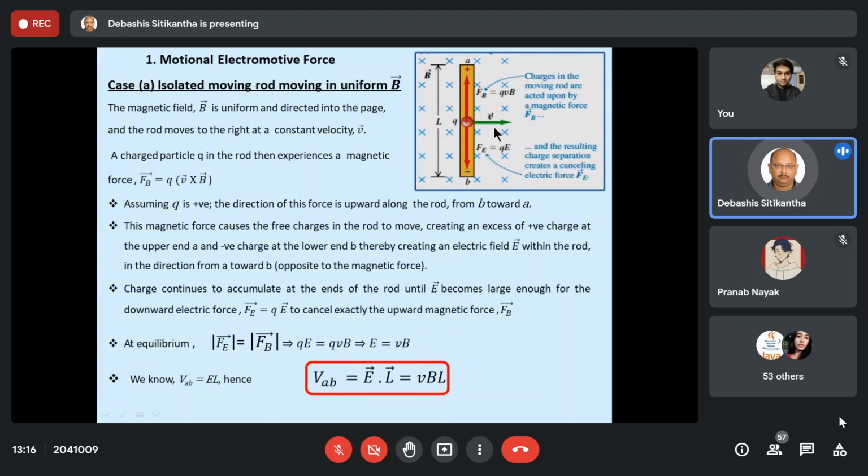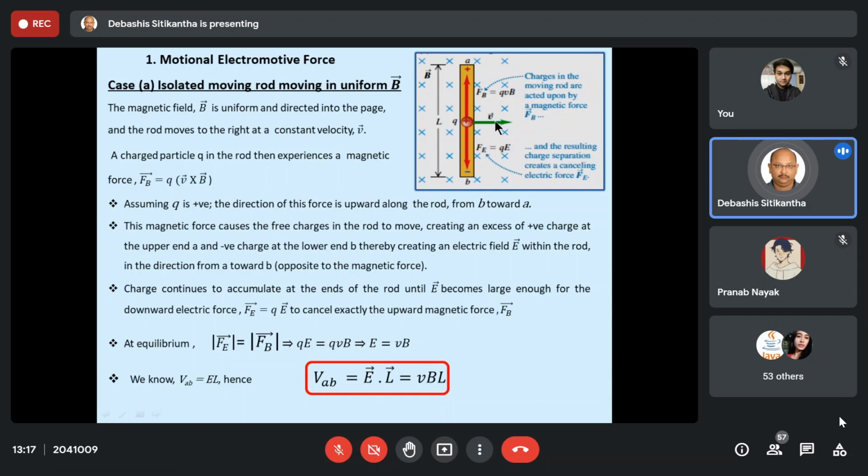Okay. Now for the time being, let us consider that there is a positive charge. We will assume only the movement of the positive charge. We very well know that positive charges don't move in a conductor, but we can easily apply the concept to the positive charge as well. So over here, let us say I have a positive charge Q, and when I start moving this positive charge inside this uniform magnetic field at a constant velocity V, then naturally, as we have already learned, this positive charge is going to experience a magnetic force.